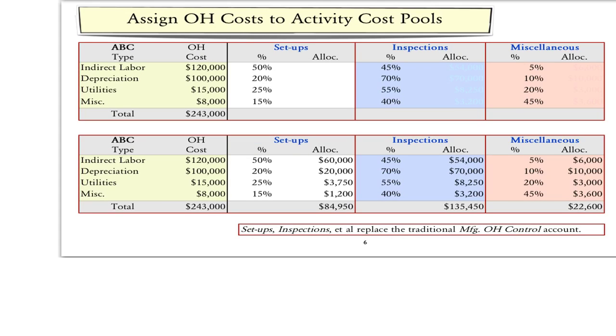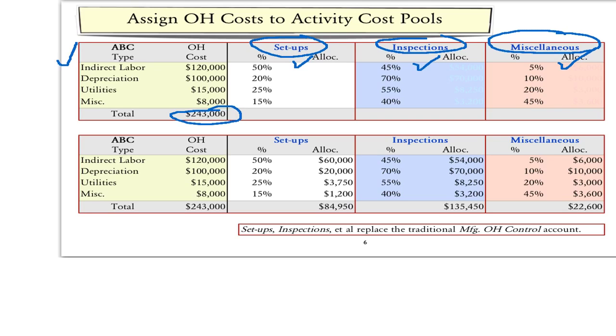The first step is to take the overhead costs and to assign them to activities. In this case, we've identified the activities as setups, inspections, and miscellaneous charges. A study was commissioned to determine how much of each particular type of overhead costs should be assigned to each of the activities. So, for example, it was determined that 50% of indirect labor should go to setups, 45% to inspections, and 5%